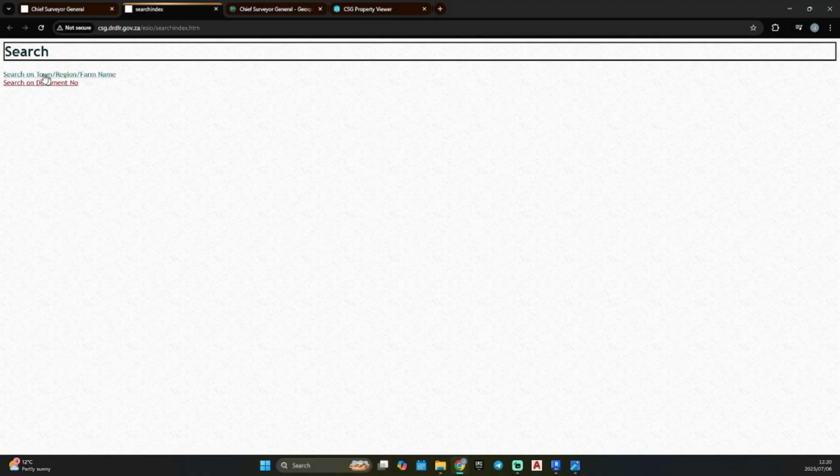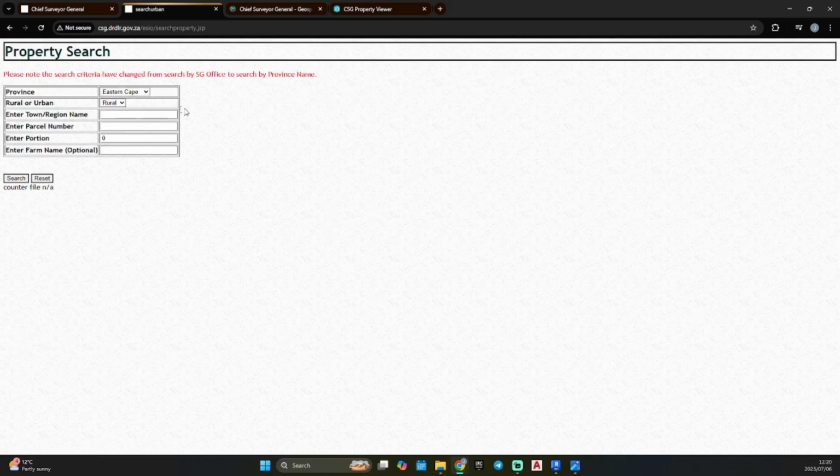Now we are going to click on search on town, region and farm name, and you'll get to the property search. So now we know our province is Western Cape. Rural or urban, it's an urban area.